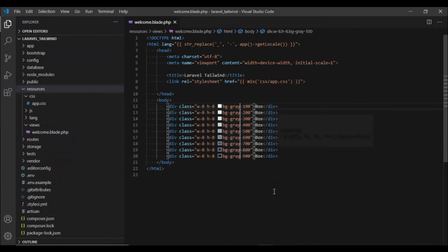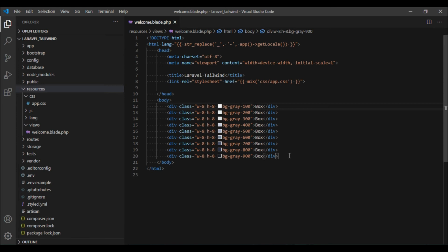So this way we have got a lot of options for the colors. We just need to specify the color and the range, and we do not need to go into our CSS file and see which all color options are available and which classes we need to use in our HTML corresponding to those colors. Tailwind makes it so easy using this syntax.